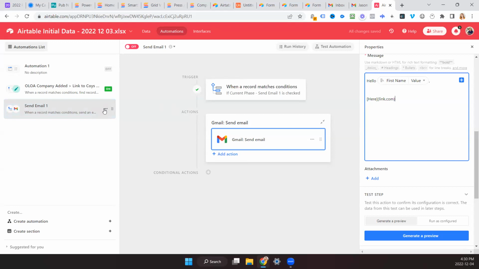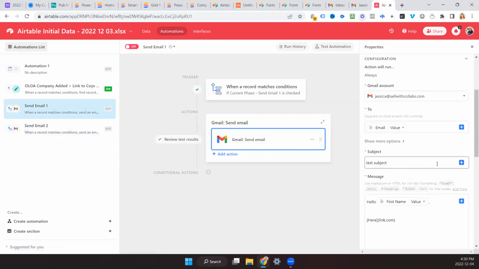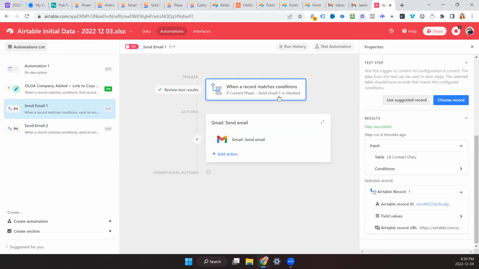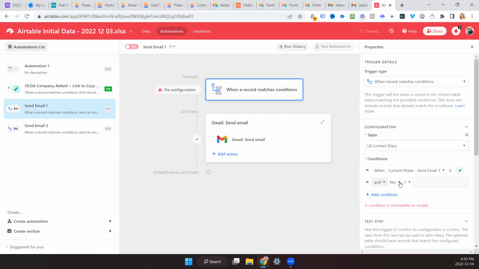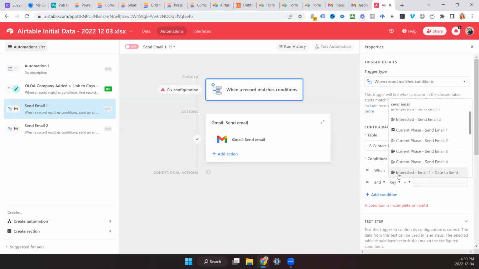And then I just want to point out, I'm going to duplicate this, call this send email to. We want to make sure, just for safety, that, oh, we don't have a send email checkbox yet.